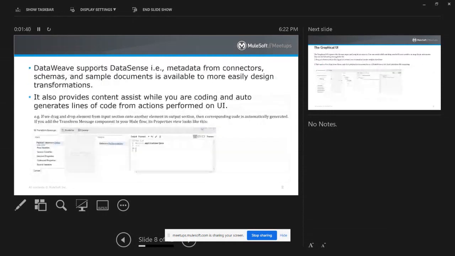Then we have DataSense in DataWeave, which supports metadata from connectors, schemas, and sample documents, and it makes our lives easier to do the transformations. It also provides content assist when you're coding, and it auto-generates lines of code from actions performed on the UI. Usually you can just drag and drop the components and do the mappings, and it will automatically generate the code in the output section of the DataWeave. So if you look at the picture down